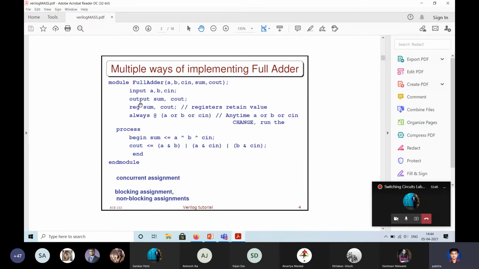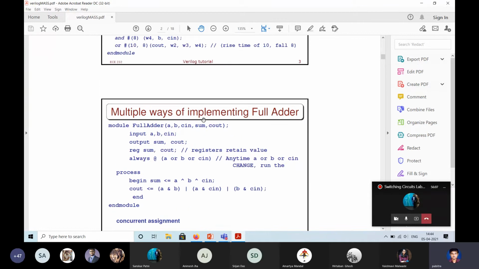So similarly input, output, and you have register variables. These are variables which can retain values, unlike wire. So this statement means always at A, as long as this thing is true. What does this mean?